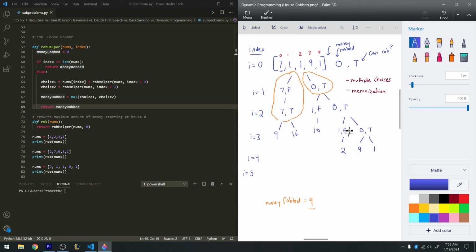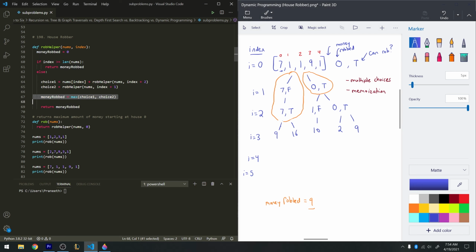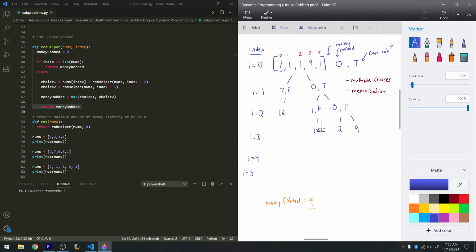In these branches that are sort of singular, like this one, where there's no branching or options, I can just replace it with the end result of 2, like I've done previously in the recursion levels that were down below here. And lastly, 9 beats out the 1. Here, the 9 gets compared to the 16, and money robbed becomes a maximum of choice 1, which is 9, and choice 2, which is 16. So on line 69, I'm just going to return money robbed, which is just 16. I can simplify this to just 10, and the 9 beats out the 2. Here, I'll simplify this to just 16, and the 10 beats out the 9. In our very last comparison, the 16 ultimately beats out the 10, and that's actually what's returned in money rob,